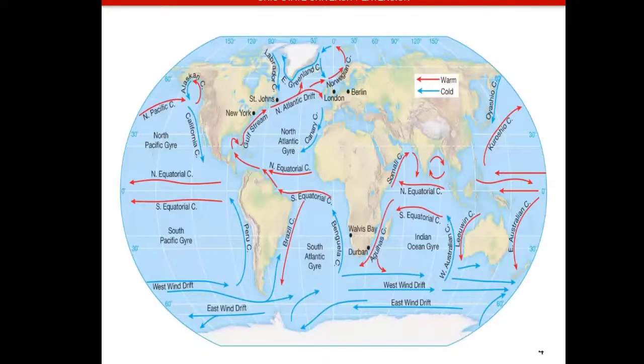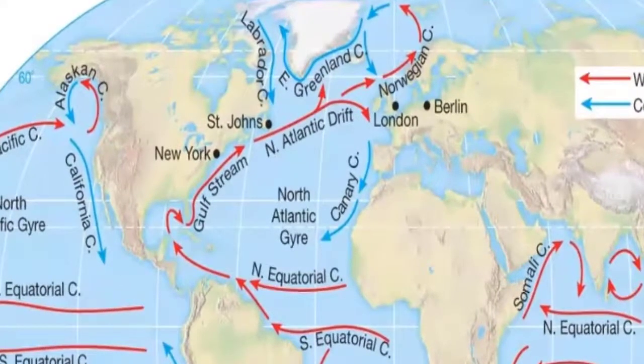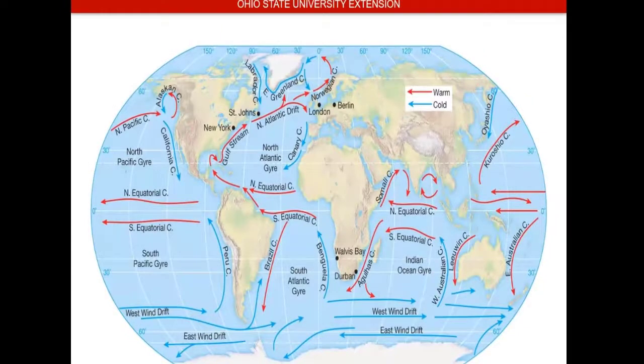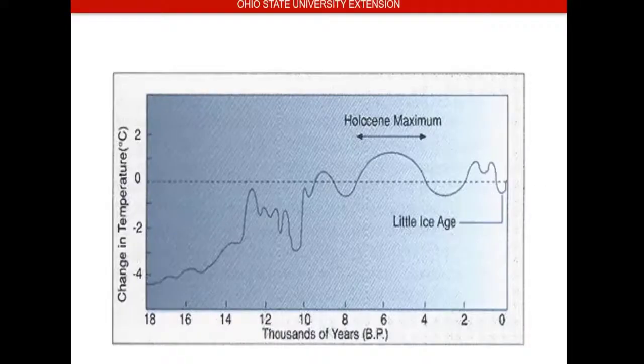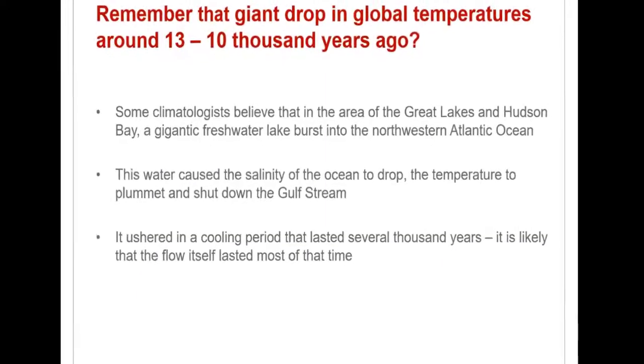So look at that Gulf Stream, how much heat it transfers. It transfers heat to the northeastern part of North America, to Greenland, to the British Isles, and to Europe. They believe that if you look there at the Great Lakes, Hudson Bay, they believe that